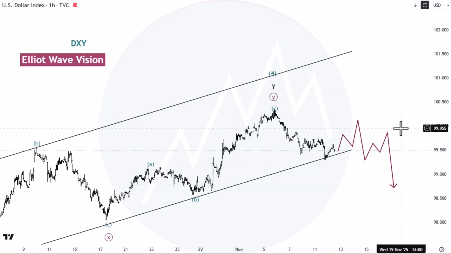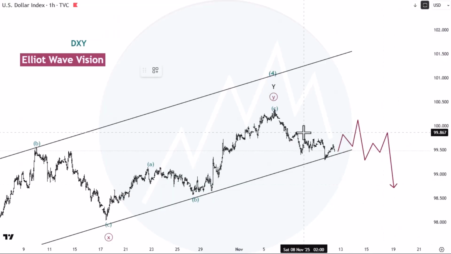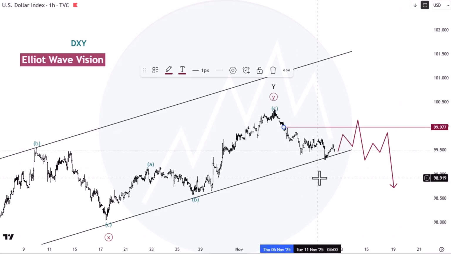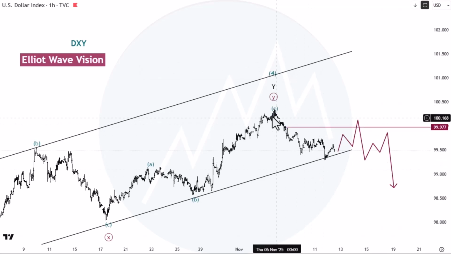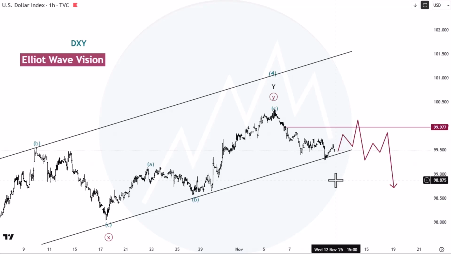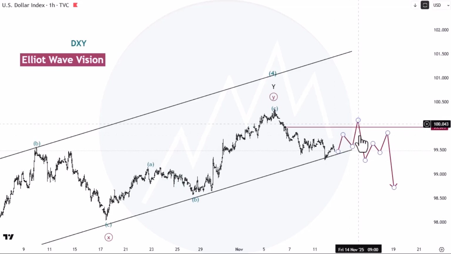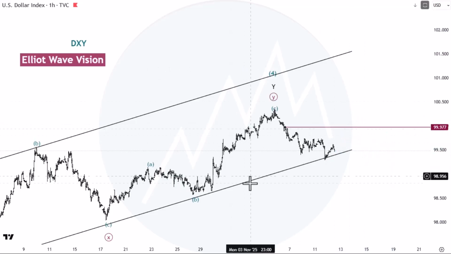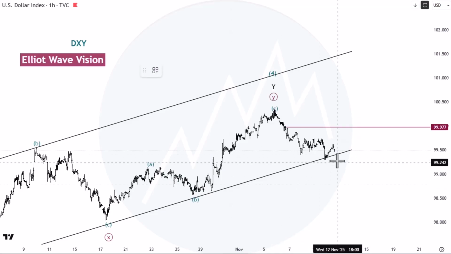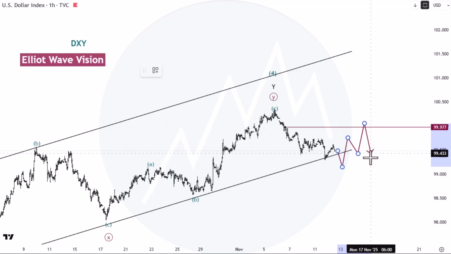If we check this 100 point here, market directly gives us the low. Now after this low we need to wait for the correction and a new impulsive move. If market gives us the correction like this, wave A, B and C, and again market gives us the low below this low,